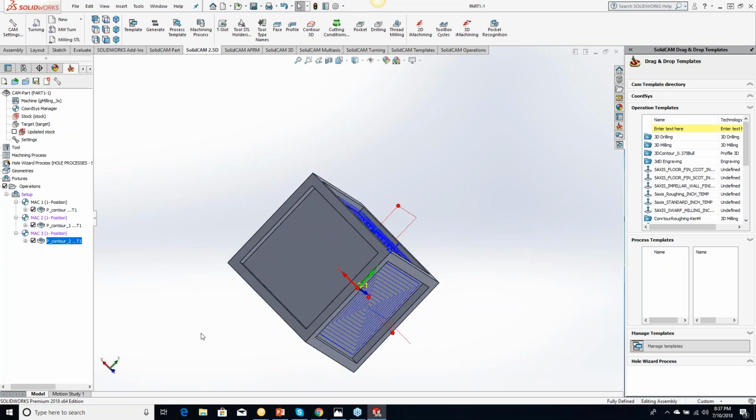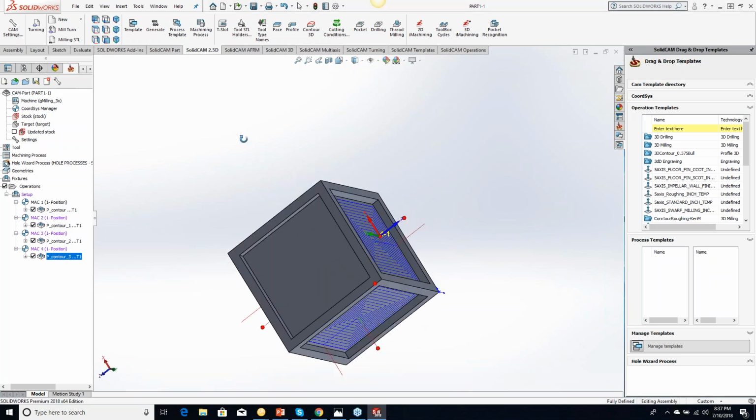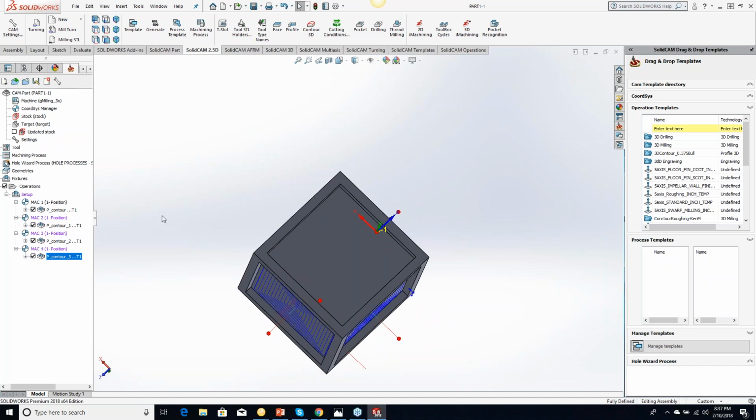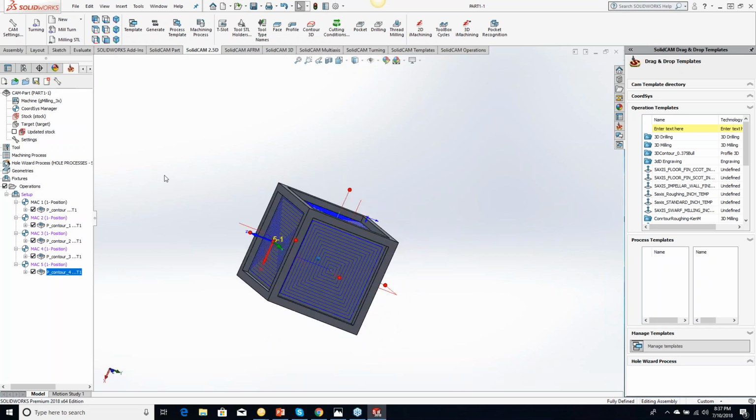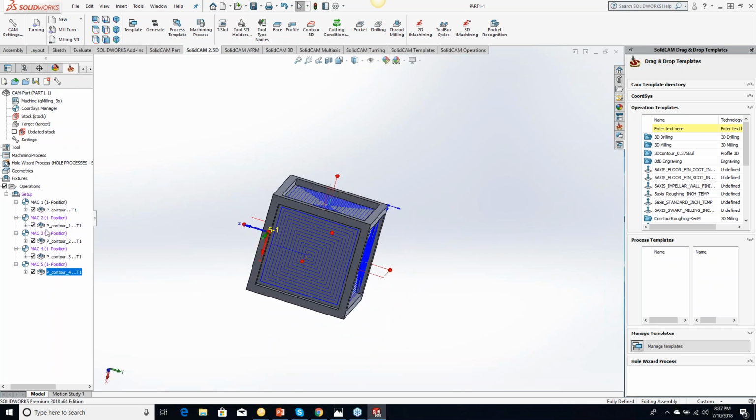And I can have all these done, creating a coordinate system for each one. And let's just do all the sides. And there we go. So now we've created a coordinate system all automatically, plus just dragging and dropping from an